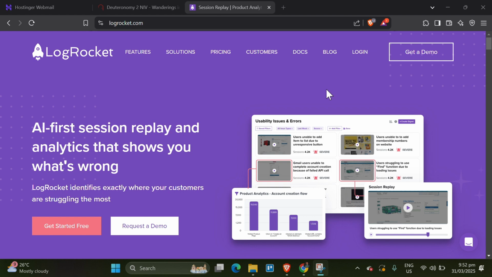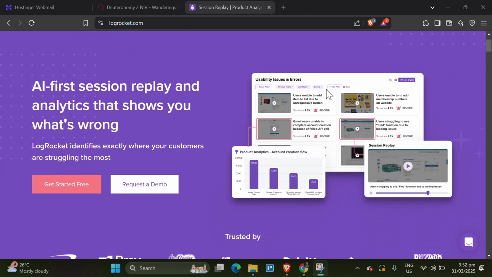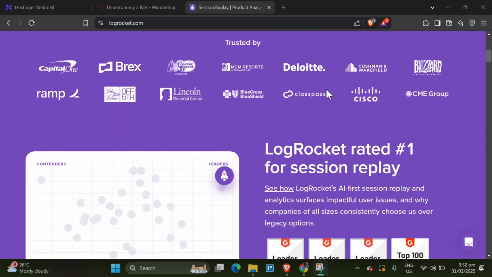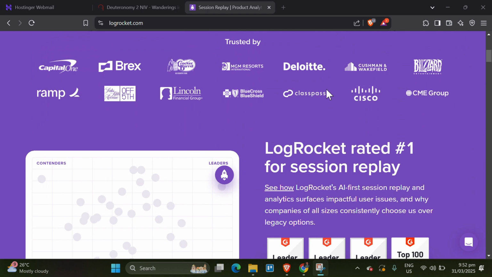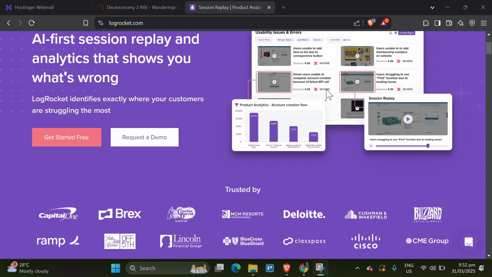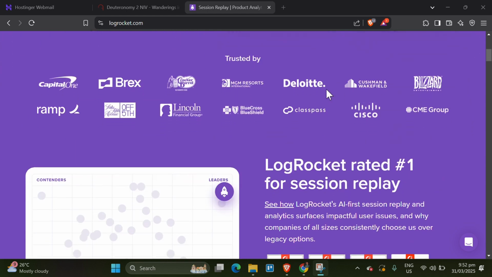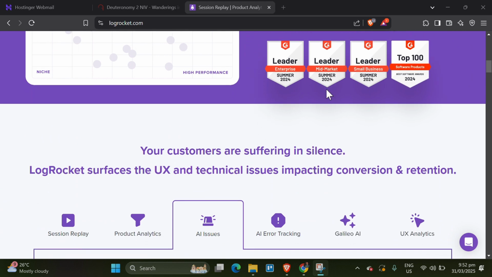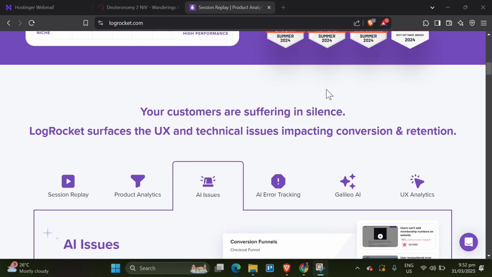utilize its capabilities. LogRocket is a powerful tool designed to help developers and product teams better understand how users interact with their web or mobile applications. It works by recording real user sessions, which means it captures everything a user does while using the app, from clicks and scrolling to interactions with various features. This recording helps developers see exactly what the user experienced, which is valuable for troubleshooting issues and improving the overall